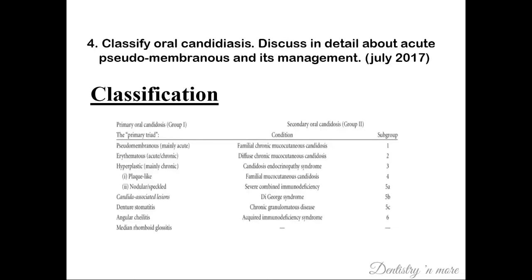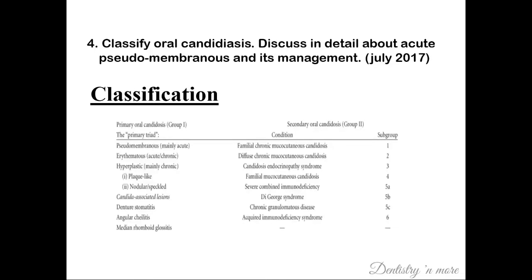There are two types, that is a primary as well as a secondary candidiasis. Under the primary candidiasis, you have the pseudomembranous candidiasis, erythematous candidiasis, followed by hyperplastic candidiasis. Under the hyperplastic candidiasis, you have two subtypes, that is a plaque type as well as a nodular or the speckled candidiasis. Then followed by the Candida-associated lesions such as denture stomatitis, angular cheilitis, and then the median rhomboid glossitis. Next is the secondary